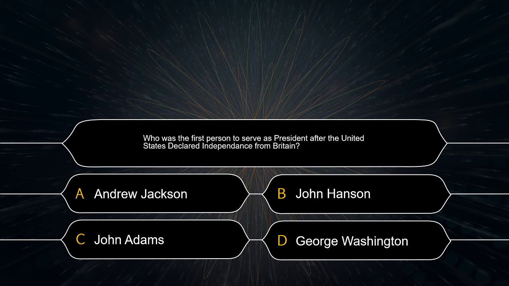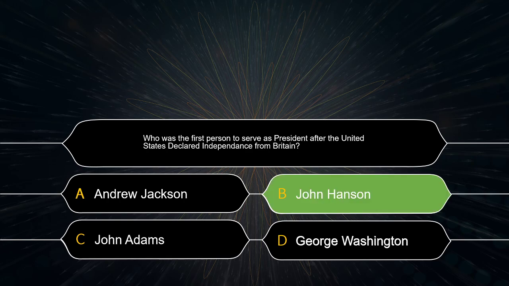All right, so here we go. Who was the first person to serve as president after the United States declared independence from Britain? Was it A, Andrew Jackson, B, John Hanson, C, John Adams, or D, George Washington? Who was the first president after the United States declared independence? All right, lock in your answers. Is it A, B, C, or D? Lock them in. Give you a couple more seconds. 3, 2, 1. The answer is